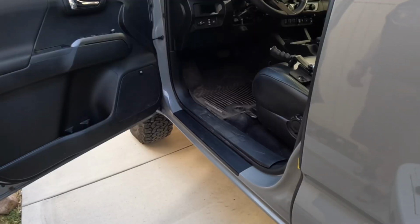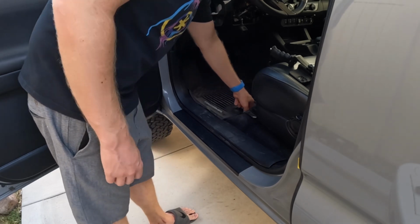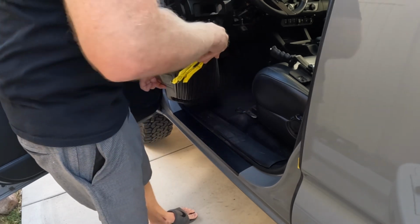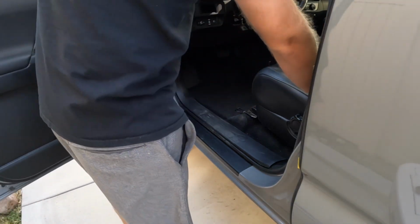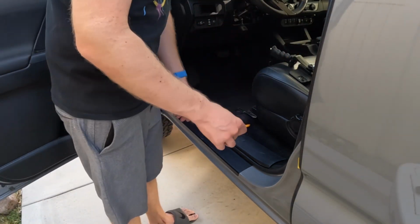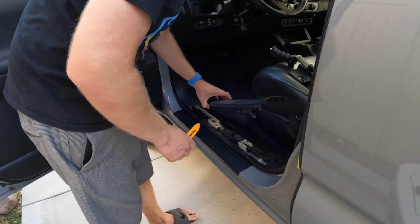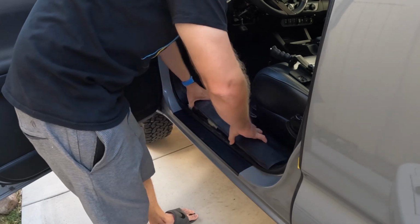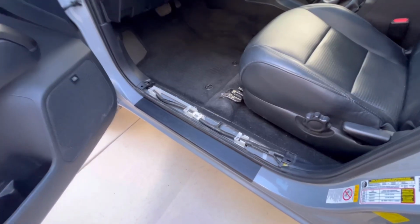Okay, now the next steps are to remove the driver's side scuff plate and the kick panel trim. So go ahead and remove your floor mats and set them aside. Then you're going to want to grab your pry tool and gently put it under the skid plate. Comes off really easy. You go ahead and set that aside, and then you're going to remove the kick panel